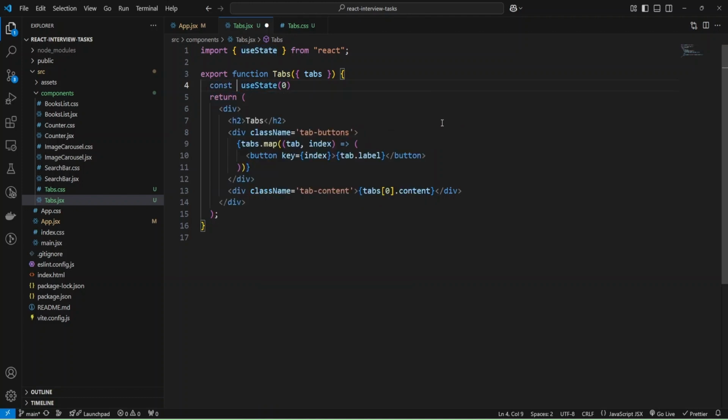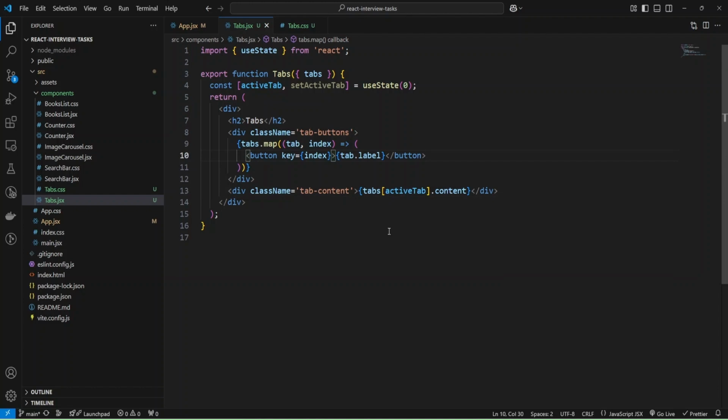And I'm going to use active tab variable to store the state, and function will be set active tab, and assign to useState hook what it returns. And now I can change 0 in my tabs to active tab, and I will display content of active tab.